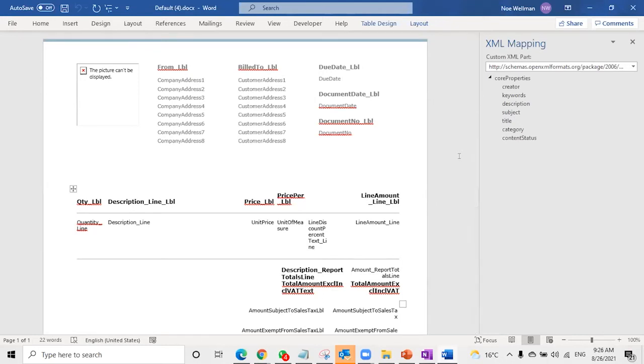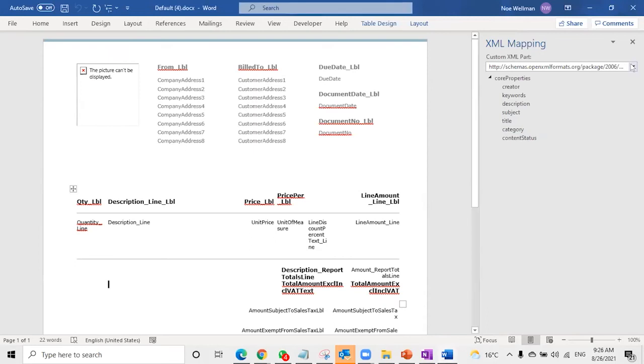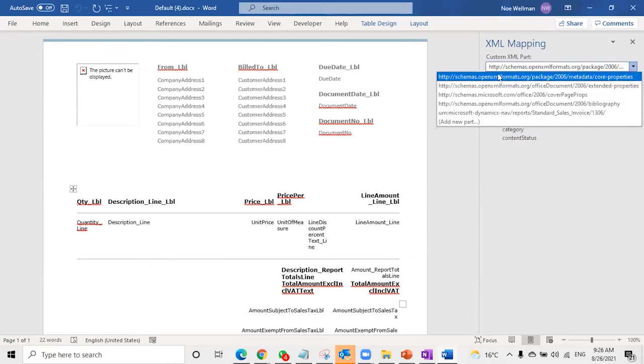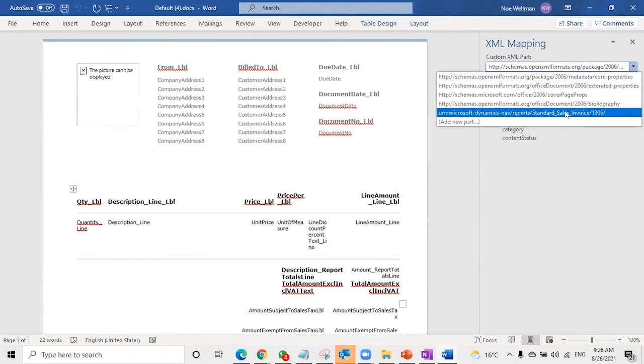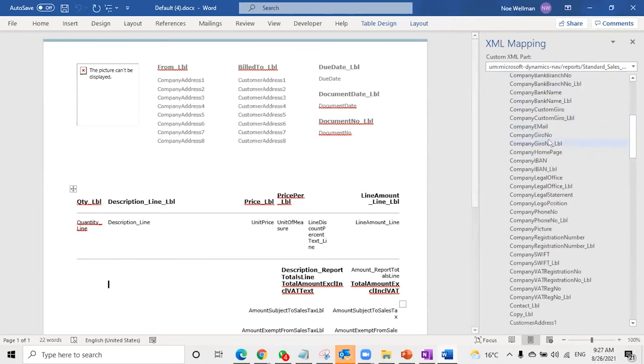Office tools are 100% integrated with Business Central, so we can make some additions in this case and get the data set for this report by just verifying the XML mapping. Here we're going to have different schemas from the web services consuming this information. Normally at the end, you get the actual link to get the dataset connection to Business Central for the sales invoice 1306. So once we get that, we're going to be able to see all the dataset that we have prepared for